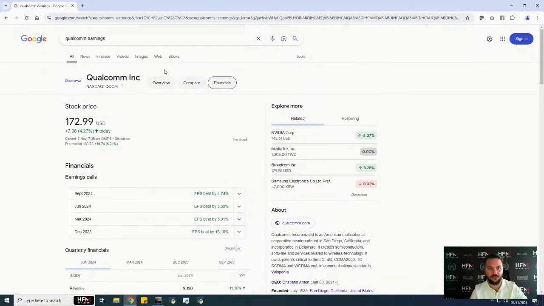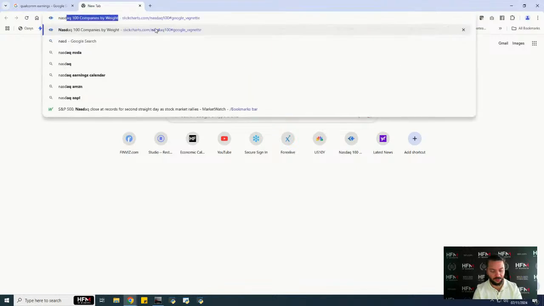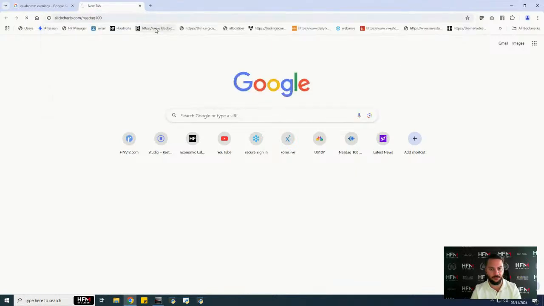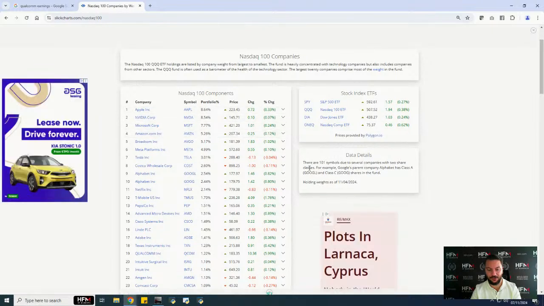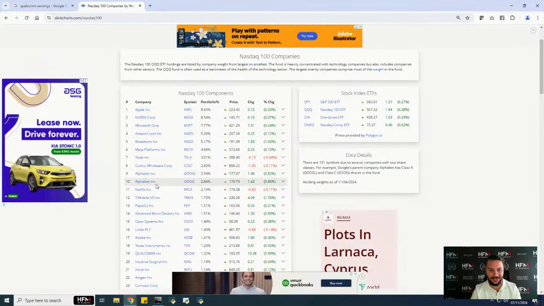This is a stock which is included in the Nasdaq and in the S&P 500. So if we go to the Nasdaq components, for example. By the way, these are the Nasdaq components for today. If we look at the top 10 influential stocks, only two are declining. And to be honest, Tesla is only declining by 0.01, so I wouldn't even say that's a decline. But let's just say it's a decline.